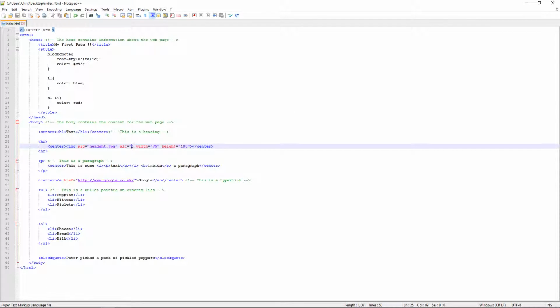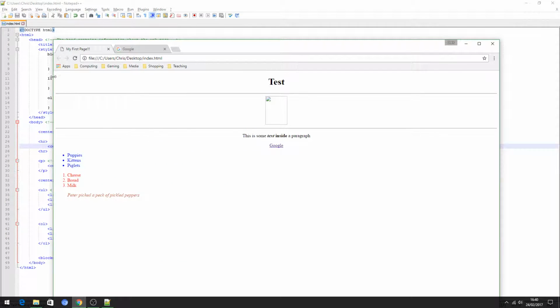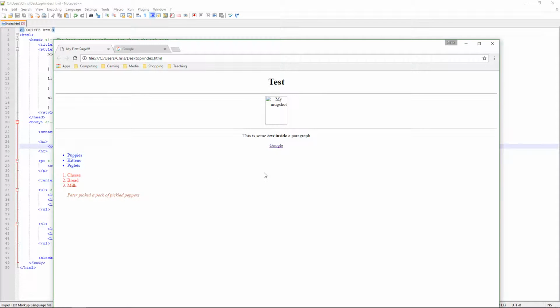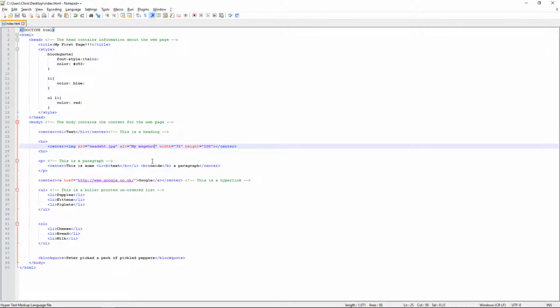So what we're going to do is add some alt text, and I'm just going to put my mugshot in there. When I click save and refresh, we've got my mugshot coming up, which is a bit of a placeholder text. The other benefit of the alt text is if somebody is partially sighted or visually impaired, they may be using a screen reader, and